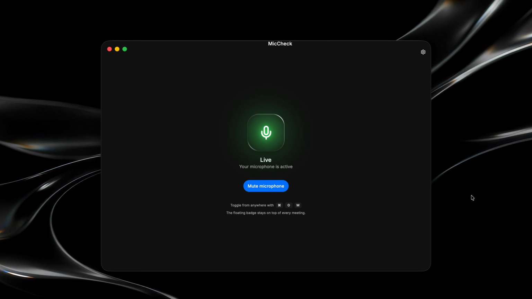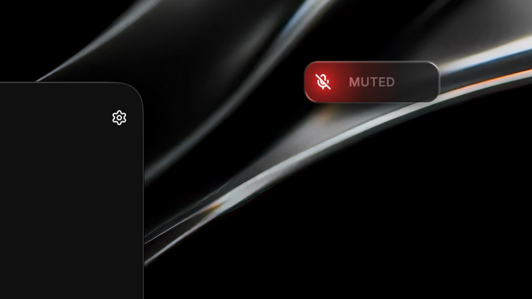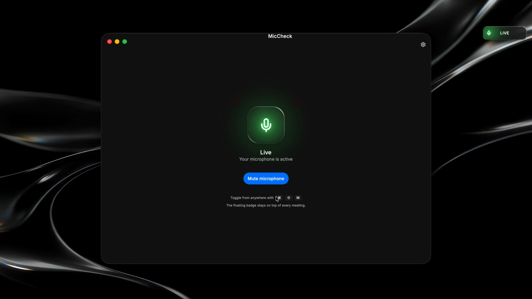This next one is called Mic Check, which is actually very useful. So this app basically just checks whether your microphone is active or muted, and it's pretty cool because it allows you to mute your microphone and that gets muted everywhere instead of it being per app. You also have this little indicator here that stays on top of everything all of the time that lets you know whether your mic is muted or not, and then you can even do that with Command Shift M,